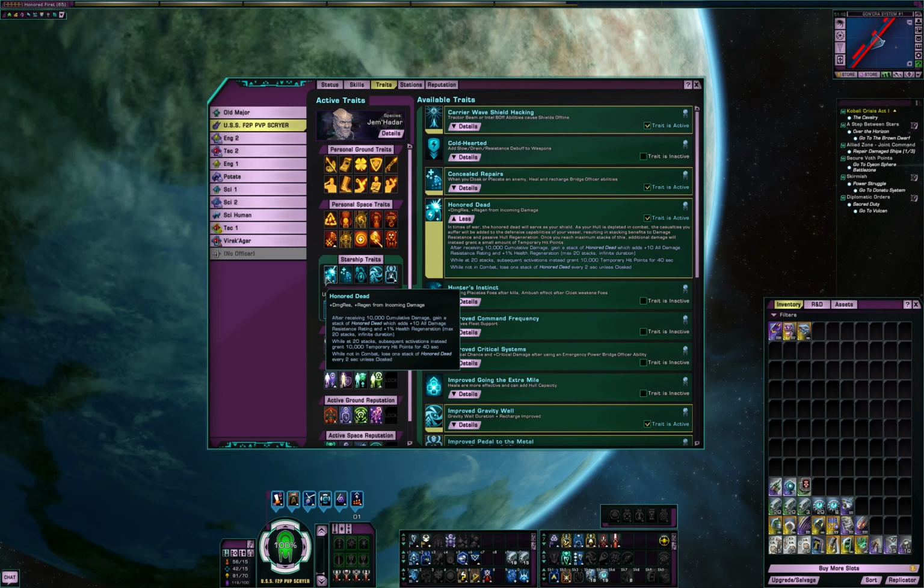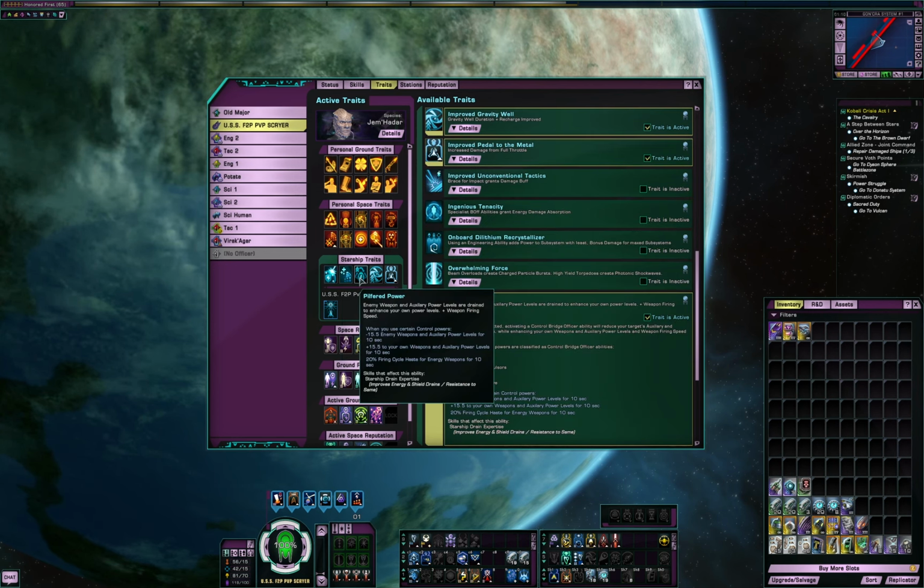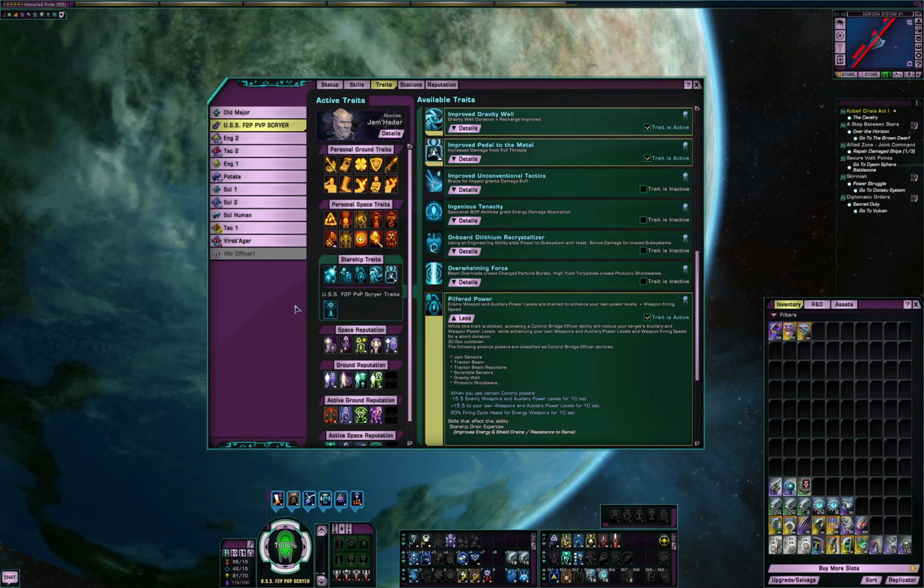I can see situations where it could be useful, but all I'm saying is if you're watching this video a year from now and Honored Dead is 100 million or something, don't feel obligated to go pay for that because it's really not a big part of this build. Next is Concealed Repairs, which is a nice and easy boost to healing and cooldowns. I also have Pilfered Power, available from the same box, which drains weapons and auxiliary power from my enemy and